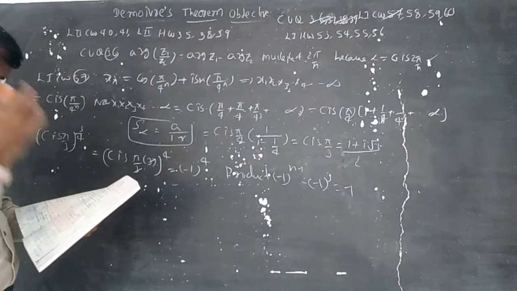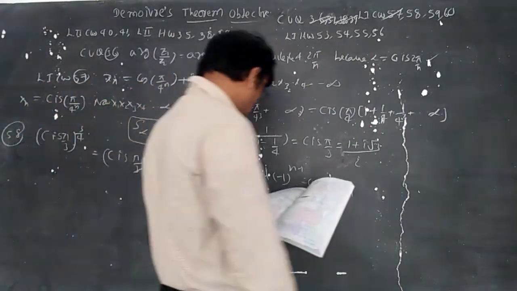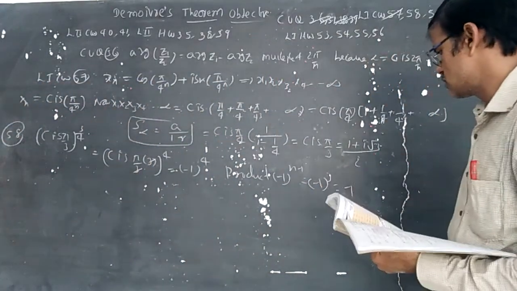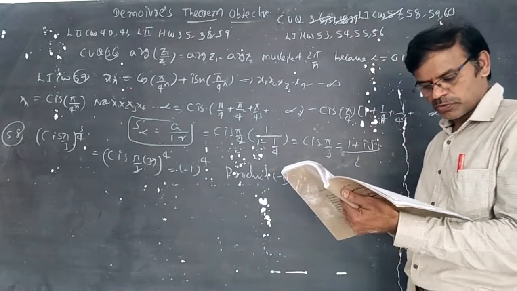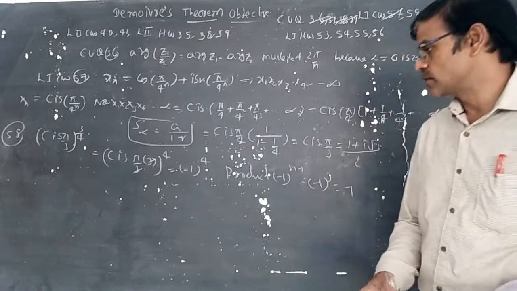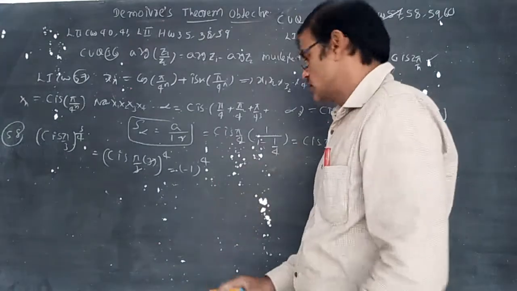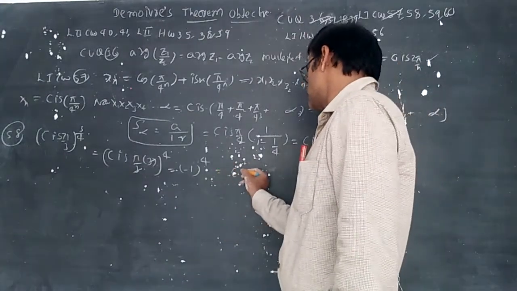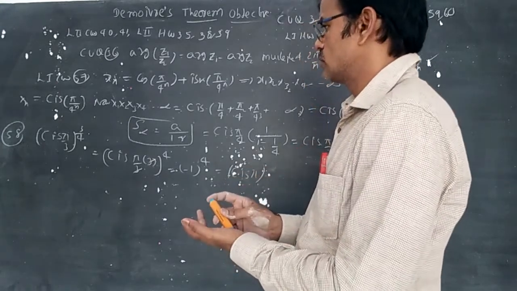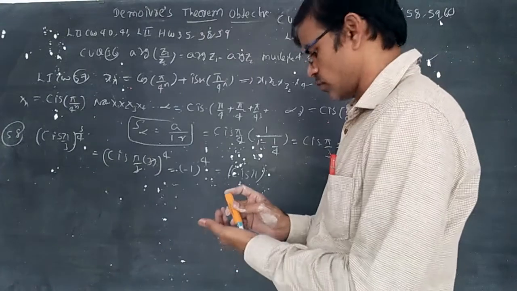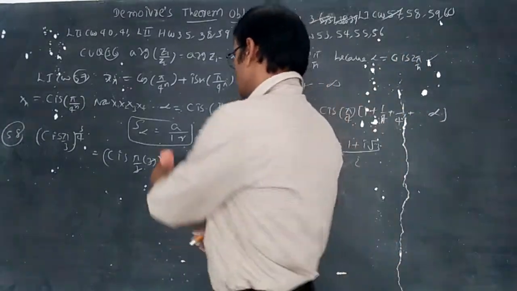Continued product of 4 values. This is cis pi, minus 1 whole power 4. Yeah, we got here minus 1 whole power 1 by 4 and minus 1 whole power 3 minus 1. The answer is not there. Continued product of 4 values. Let us discuss once. Let us write here cis pi, whole power not 4, whole power 1 by 4.